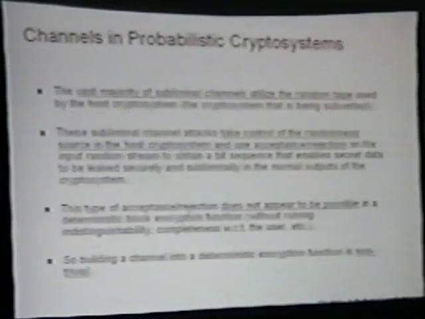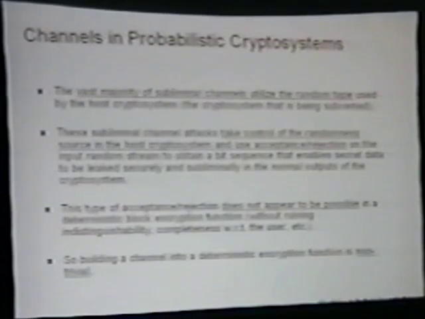And the way these subliminal channel attacks typically work is they use acceptance rejection on the coin flips of the tape. They'll reject certain sequences of coin flips because they won't allow the backdoor to be exhibited in the output. But when they find a sequence of bits to their liking that exhibits the backdoor, they'll use them and produce the signature or ciphertext or whatever. And this is done in a way that is still undetectable. Even though you're doing this acceptance rejection, you pay careful attention to the resulting probability distributions, and it's still not